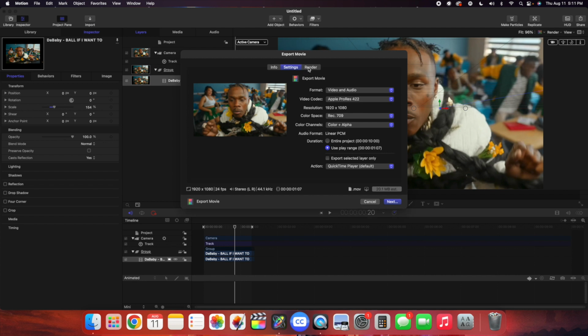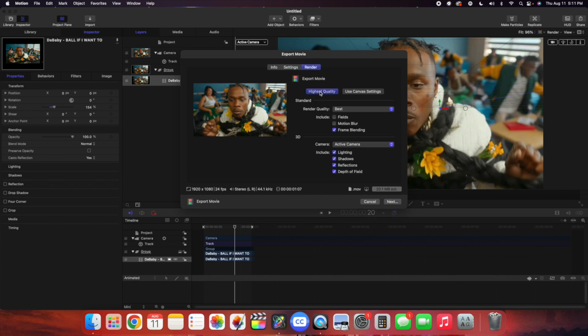Now we're going to head over here to render, and I'm just going to select highest quality. I'm going to leave it at best. All this stuff should be good at default. I'm just going to deselect motion blur. Of course, you can mess with this if you want a certain look. I think leaving motion blur on looks a little bit weird. So I'm just going to deselect motion blur, and then we're just going to click next,